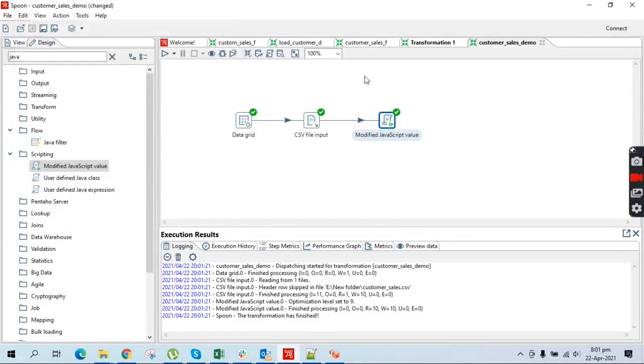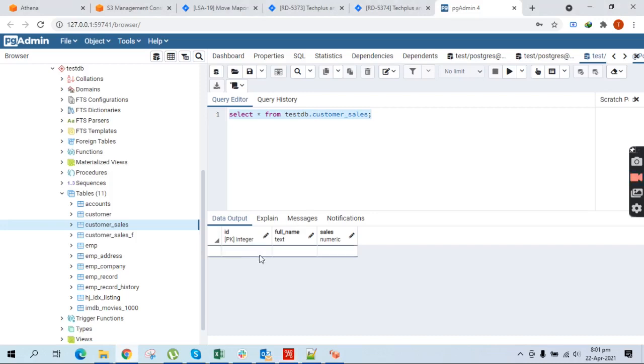So now you can see that we have selected all string values from the first step, that we have selected string for all the variables which we got from the CSV file. Now we have to change these values. So we have to change ID to integer because we have to save this data in the database.